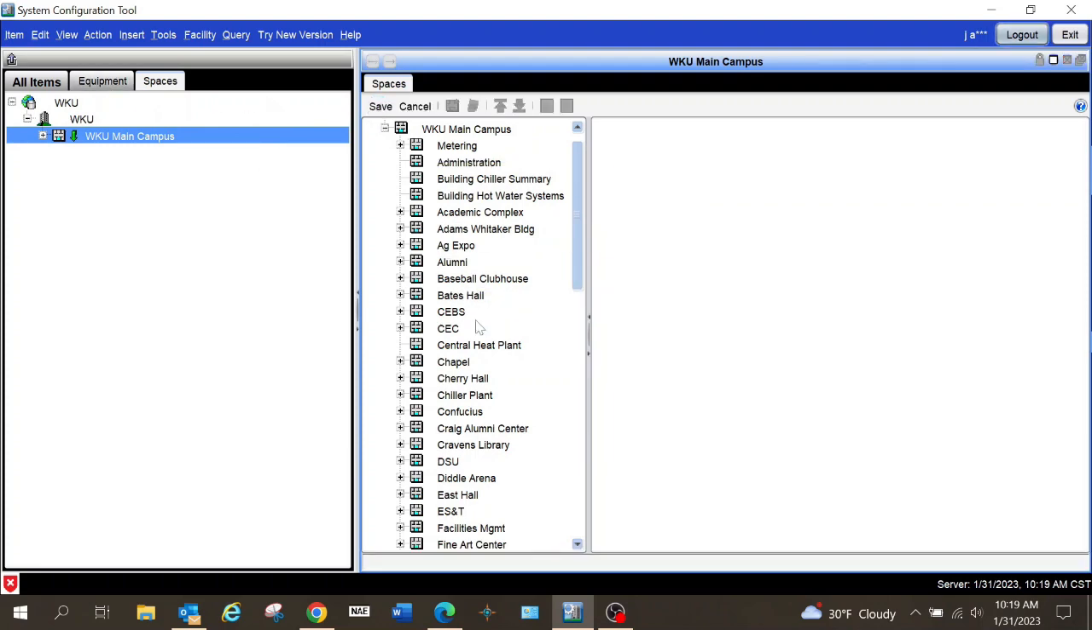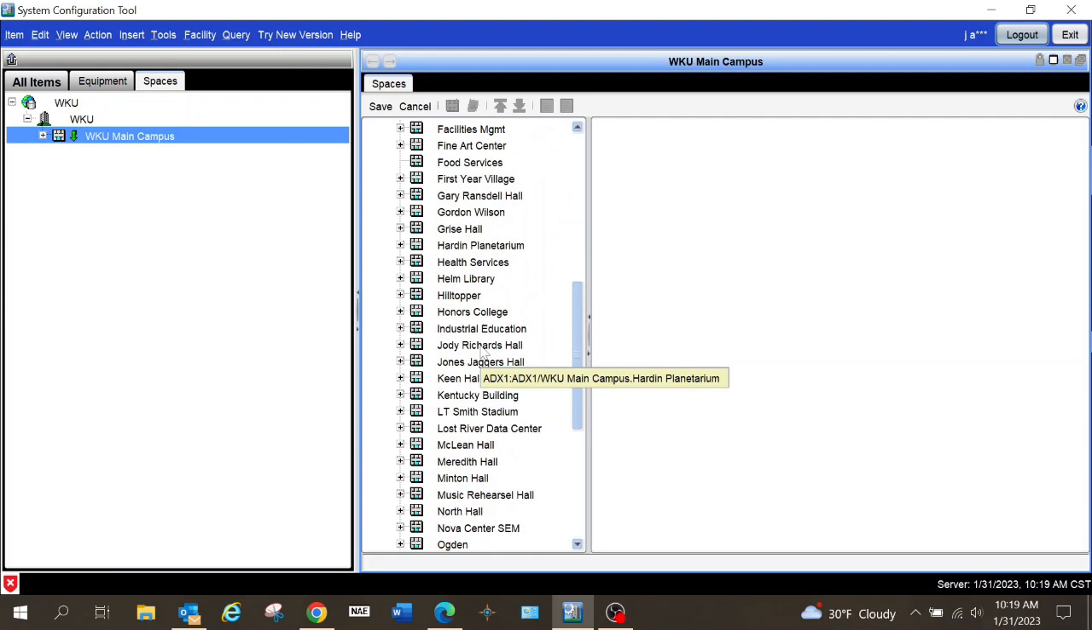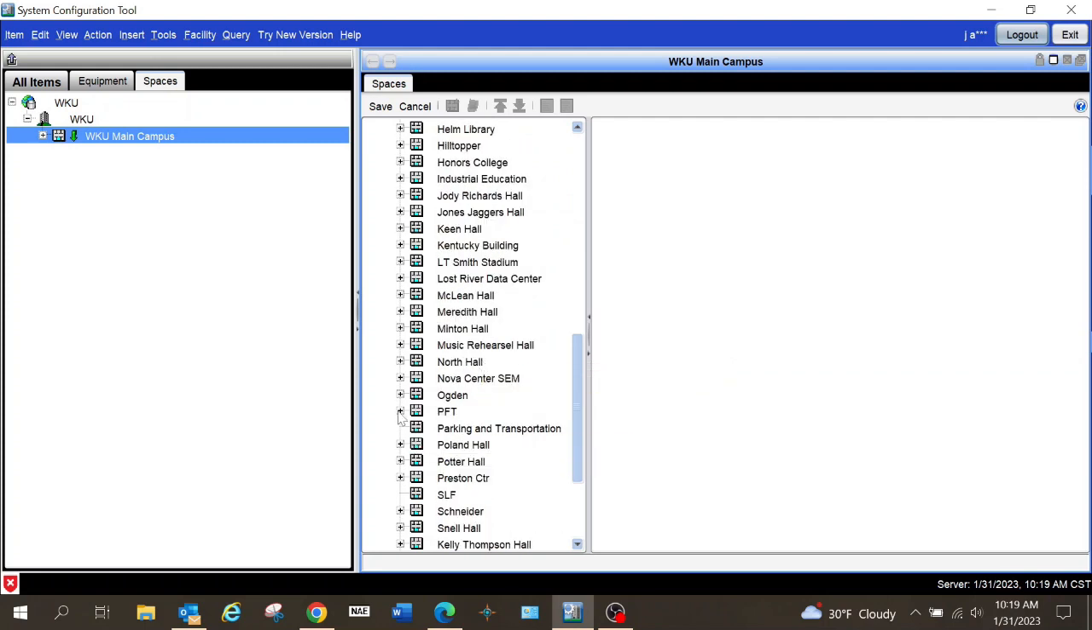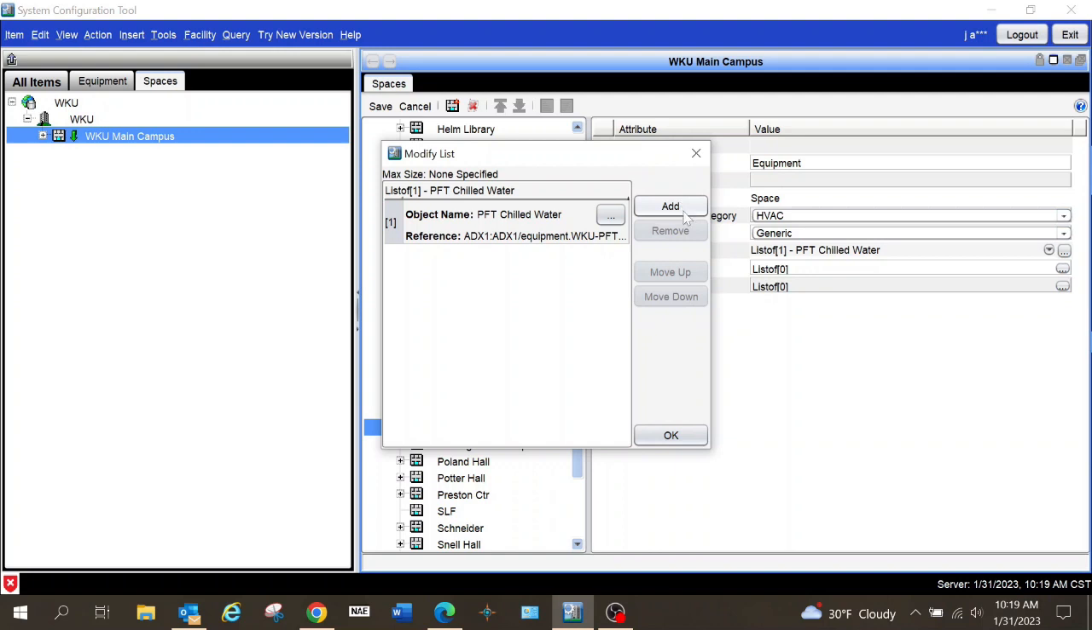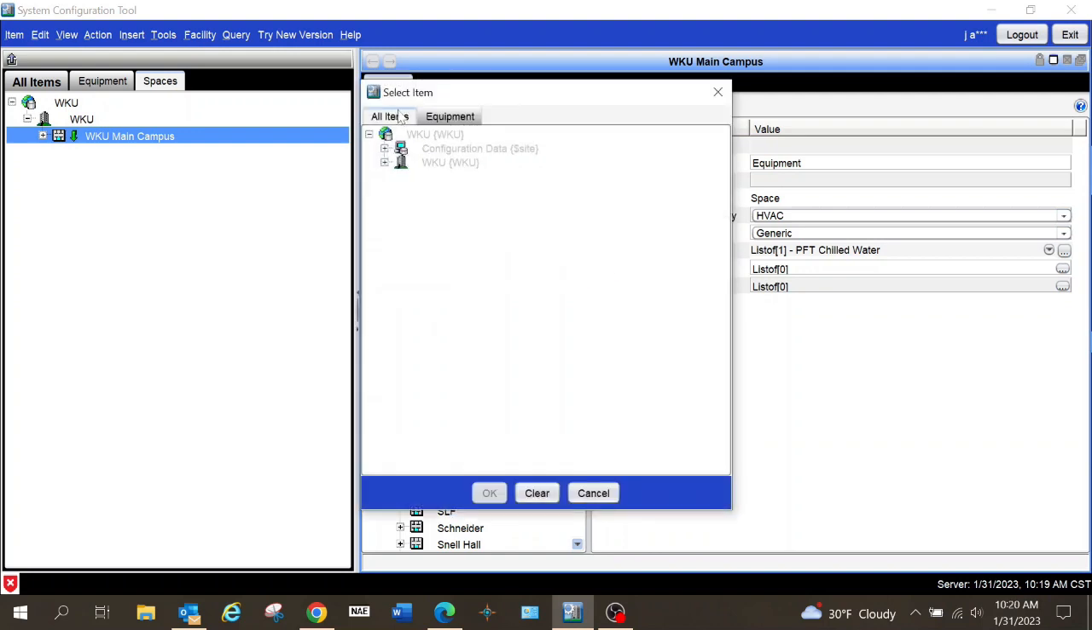Now, just to show you, when I drill down to PFT for the equipment, I'm going to press this and select add, just to show you that you can add this way. I need to click on my equipment tab here,